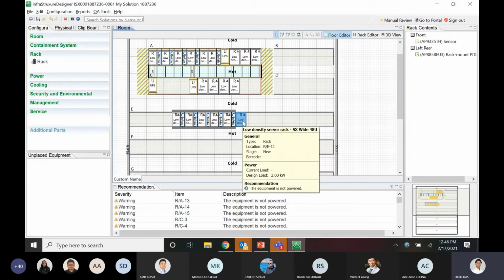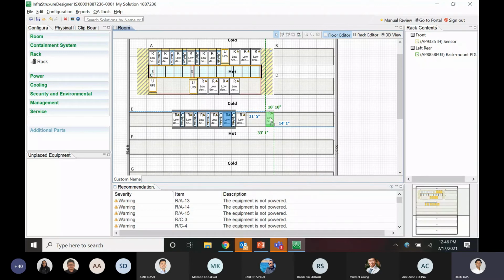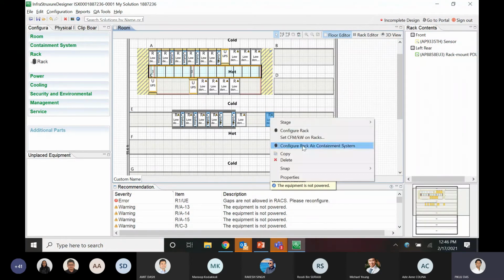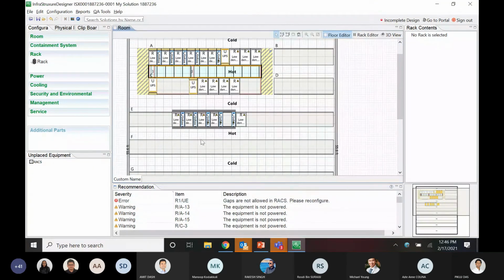As you can see, I don't see the configure RACS option on top of the 48U, because this is not compatible with RACS. But if I take a 42U rack, I can see there is a configure rack. So this RACS is already restricted to 42U racks for now. Okay, so this is the design which I have for the RACS on the containment side.